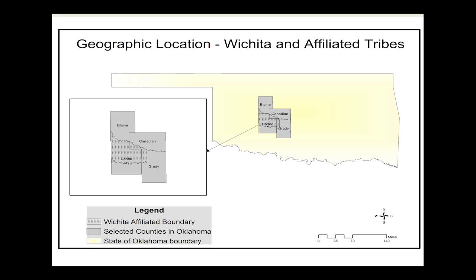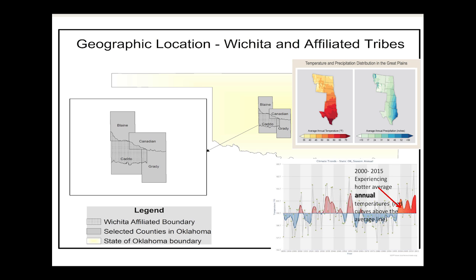The Wichita and affiliated tribes are located in central Oklahoma. Their tribal boundary covers many areas, including four counties: Caddo County, Canadian County, Grady County, and Blaine County. And in this region of central Oklahoma in general, we are experiencing more hot days. Seven hot days per season are the average, but we're actually projected to increase to 30 days of the hottest